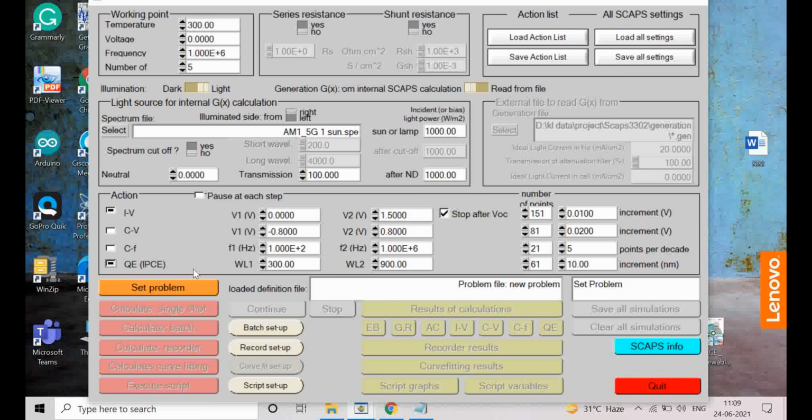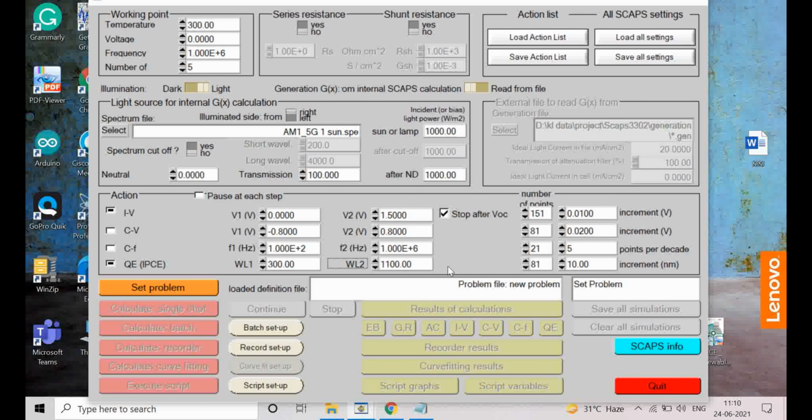And for this QE curve, whatever your band gap is, correspondingly you can select the cutoff wavelength. So this 300 is okay. Below that is the UV range, so no need to change it. You can change this 900 wavelength. If your band gap is lower and lower, then you need to increase it. Suppose silicon, which has 1.12 electron volt. In that case you can go up to 1100 nanometer, or 1200, whatever the cutoff wavelength comes out. Up to that value you can go.